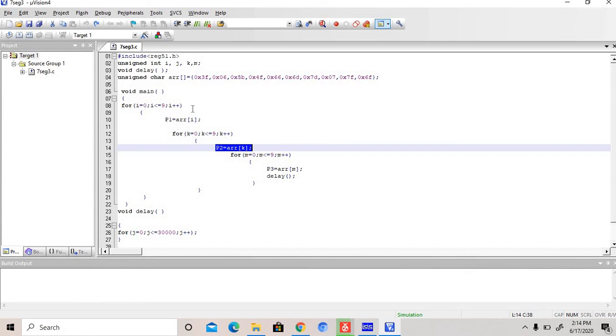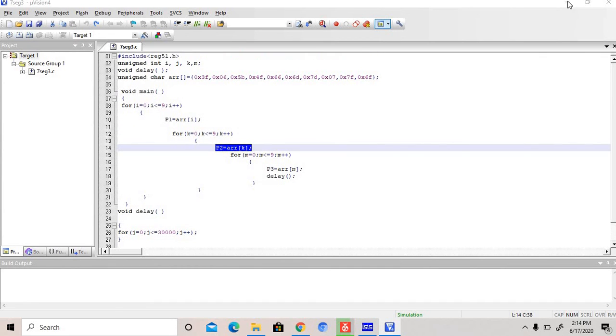Then the value of this one is 1, then 0, and 0 to 99 again, then 2, then 0 to 99. This program operates from 000 to 999. The same code and the same delay are used, everything is the same.